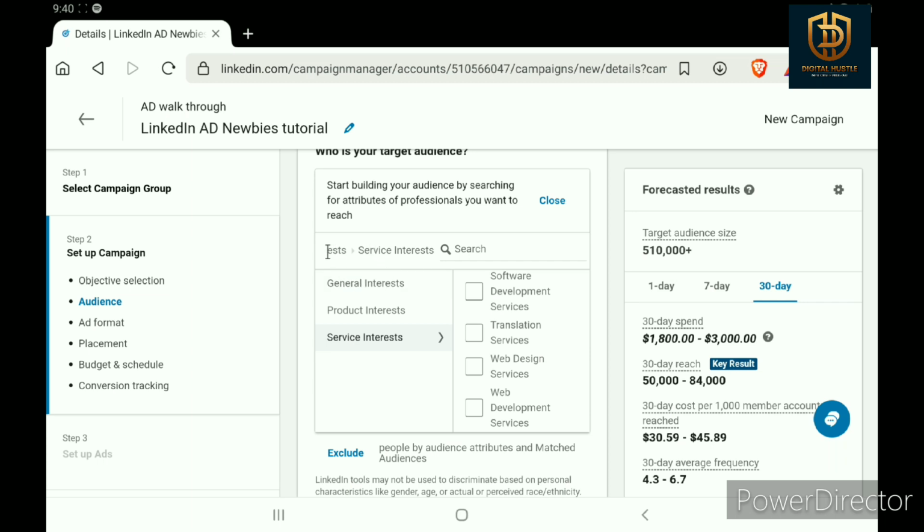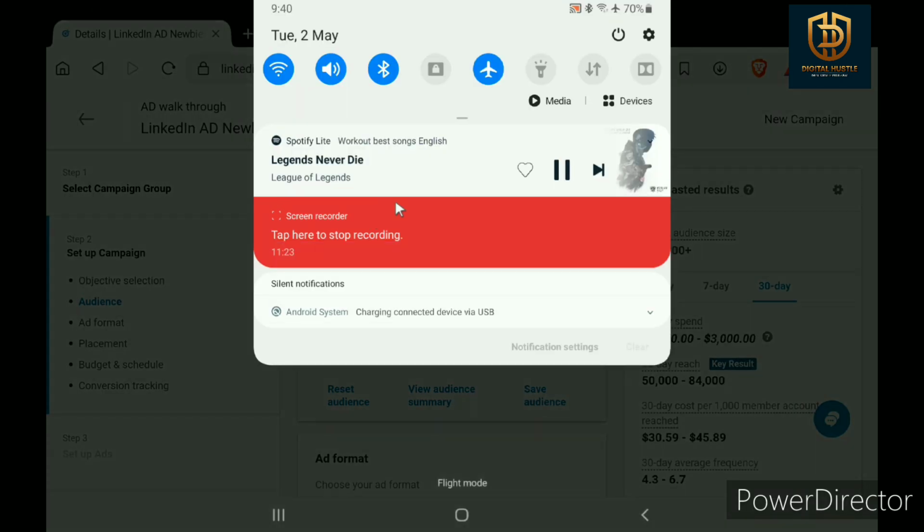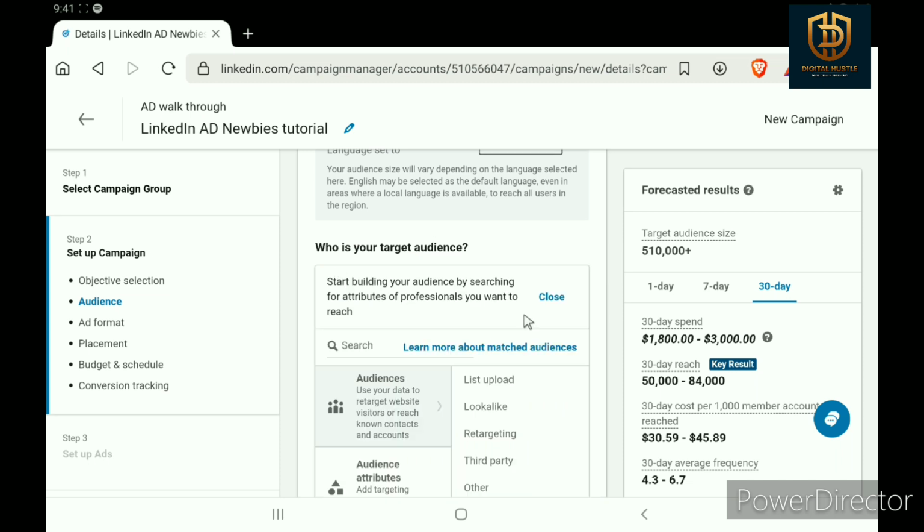All this time I have been taking to show you the different audience attributes you have to narrow it down. So now, all right, let's actually start